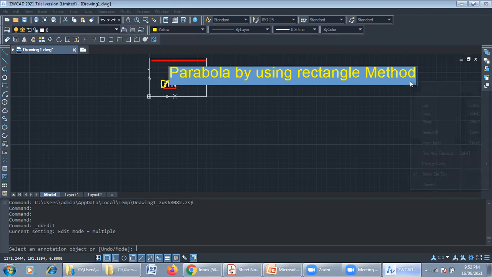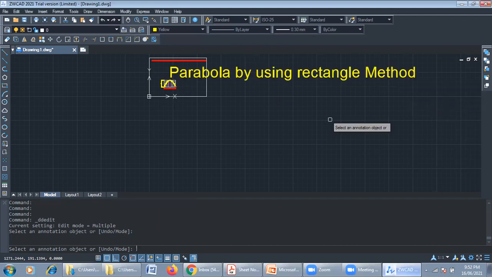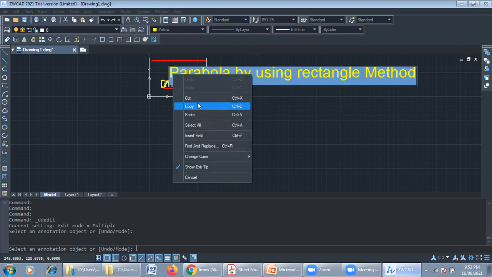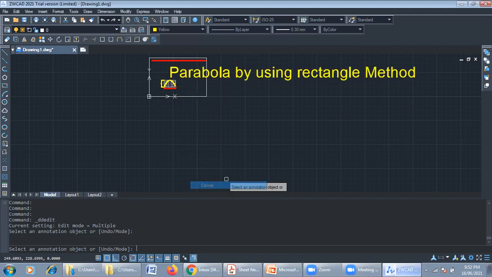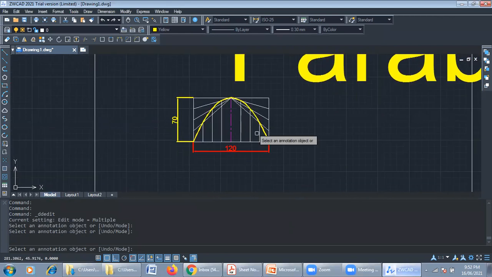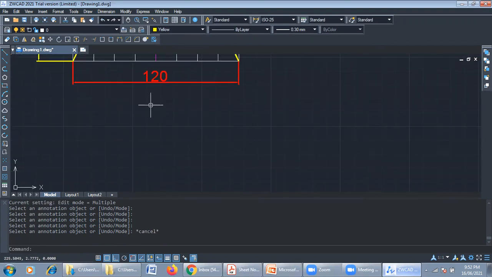So this is the way we can draw this curve by using AutoCAD software.